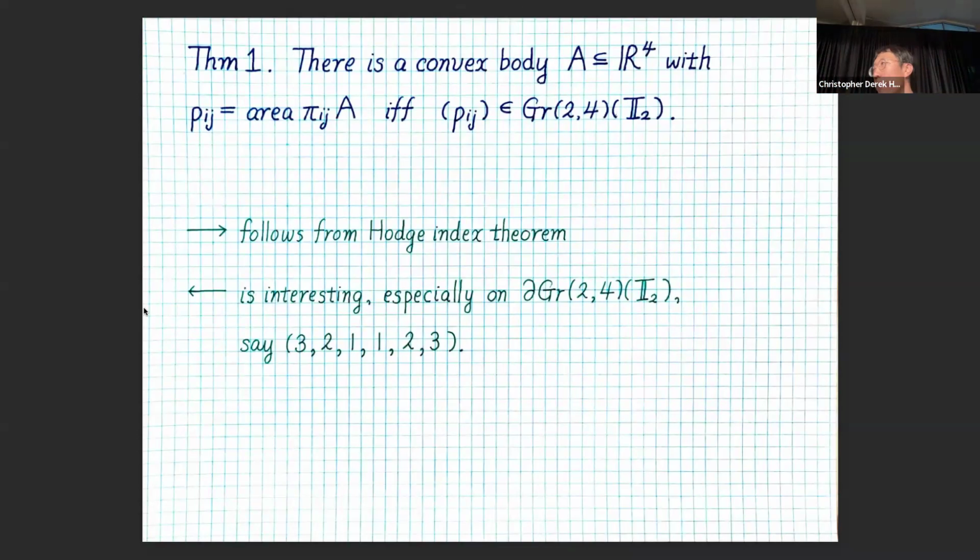I'll show you later where one direction, the necessity of the Grassmannian 2-4 condition, follows from the Hodge-Index theorem in algebraic geometry. And the converse question, the construction of the convex body given the six Pij, is in a sense more interesting, especially